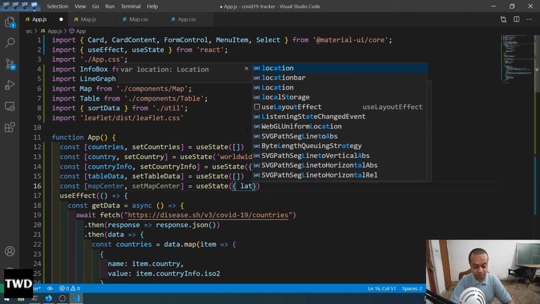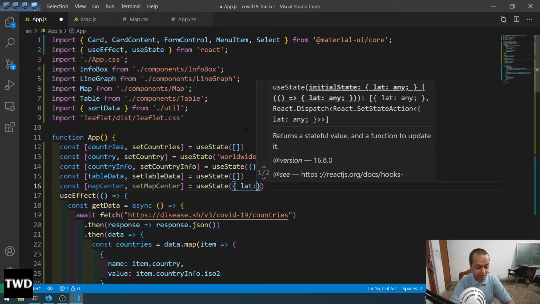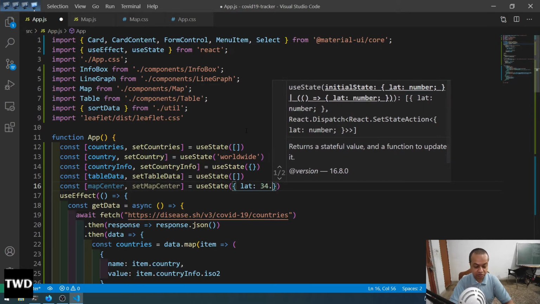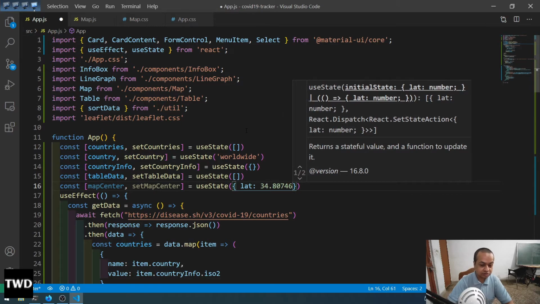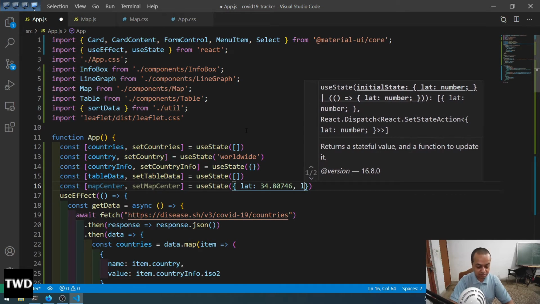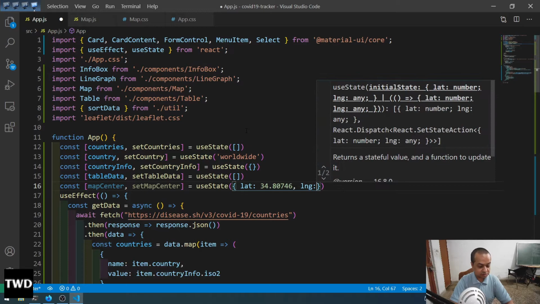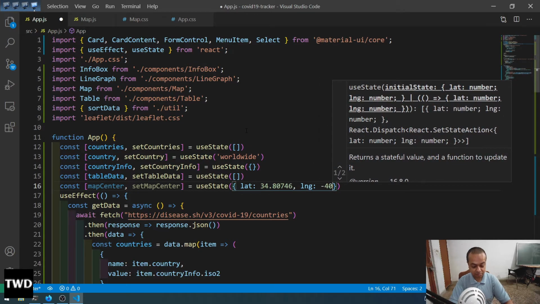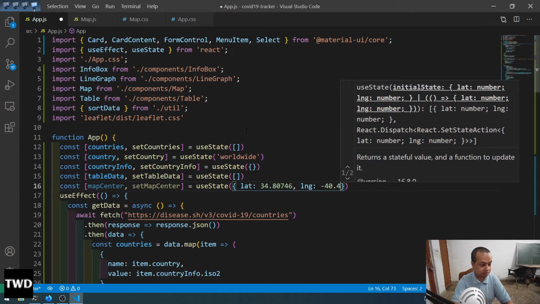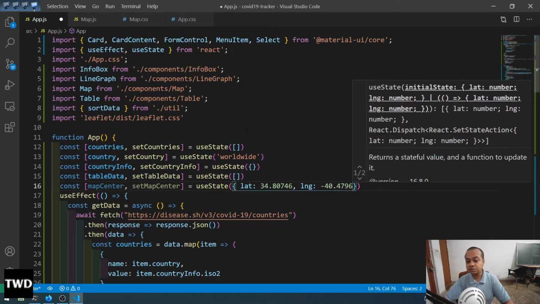This we should give because by default the map will come there. So it is lat 34.8746, comma lng, it is minus 40.4796. Okay,